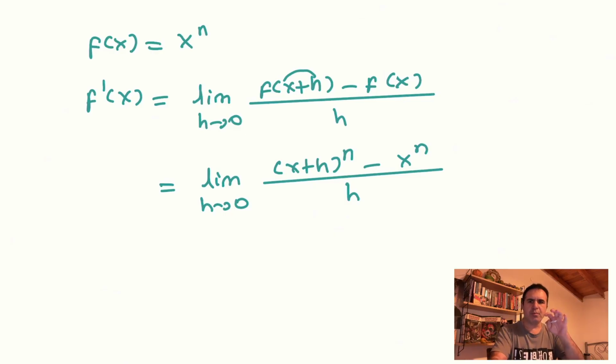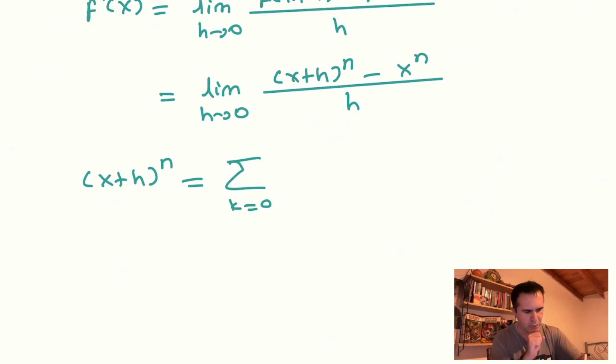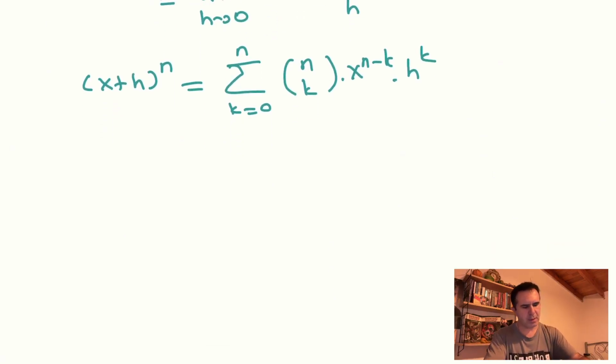Now, we will use the binomial theorem here. (x plus h) raised to the power of n is equal to the sum from k equals 0 to n of the binomial coefficient n choose k, times x to the n minus k times h to the power of k. So (x plus h) to the n is equal to